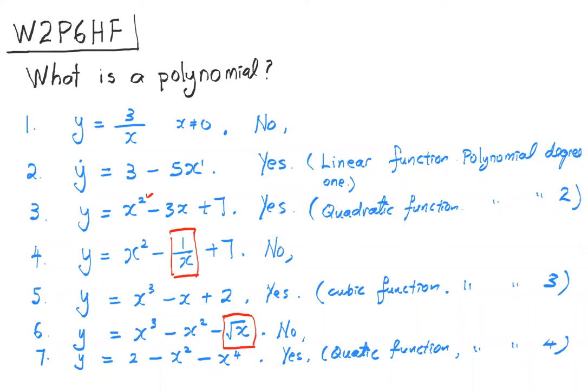Yeah, the one on top, we call it the power, or the indices of the variable. The power of the variable must be a whole number. So the key is the power of all terms